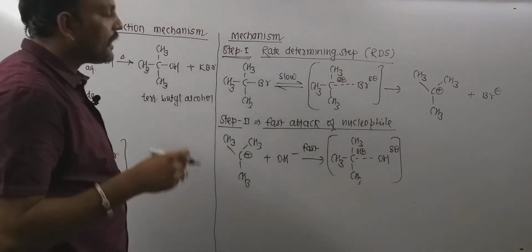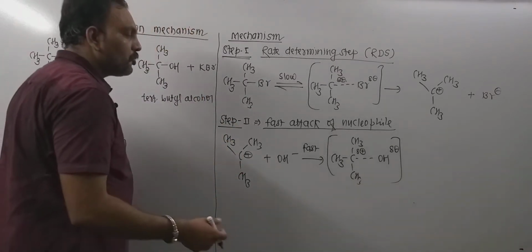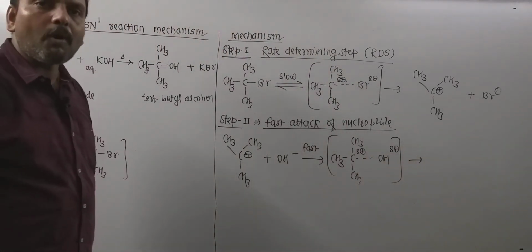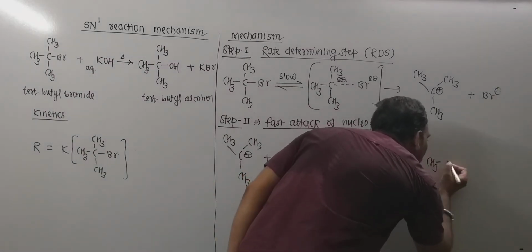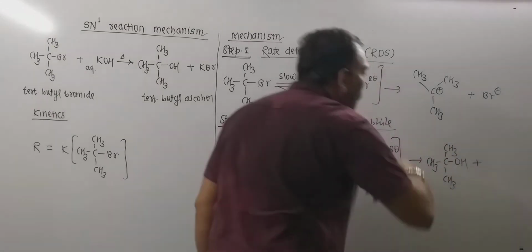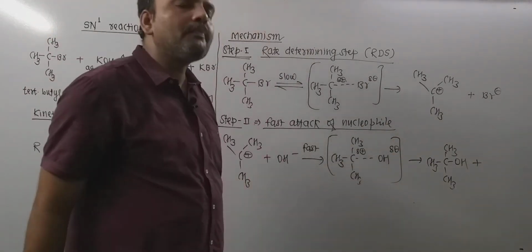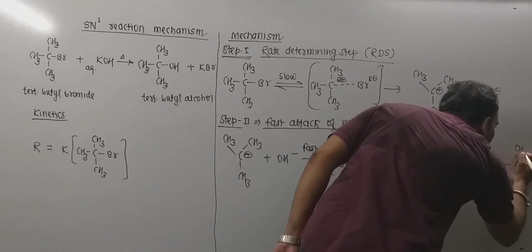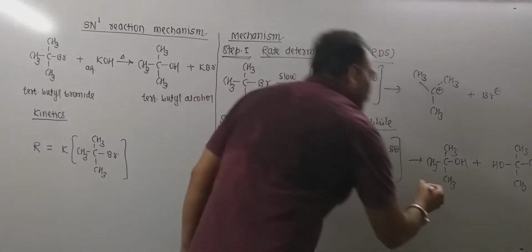Now nucleophile attacks from both sides, as our carbonium ion is planar in nature. So due to which 50% product, that is tertiary butyl alcohol, is formed by retention of configuration, which can be given as, and due to backside attack of nucleophile on tert butyl cation, 50% product is formed due to inversion of configuration, which can be given as. So 50% retention